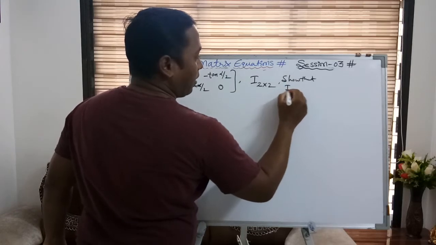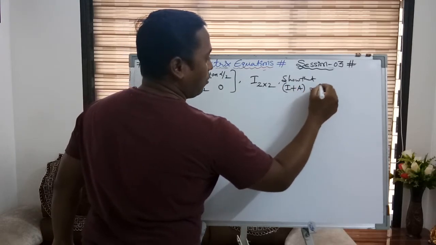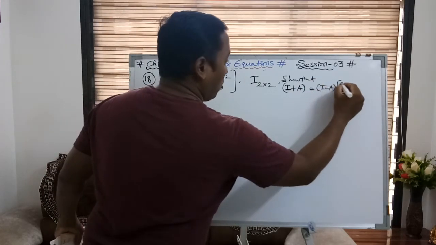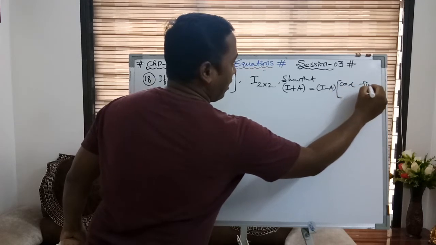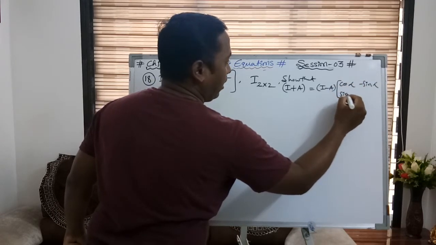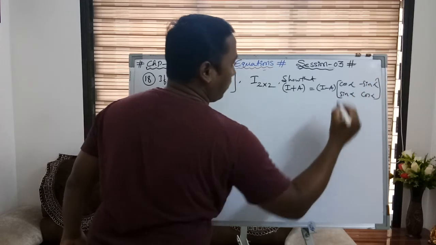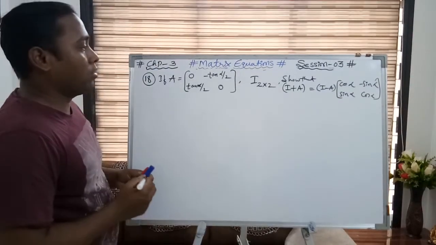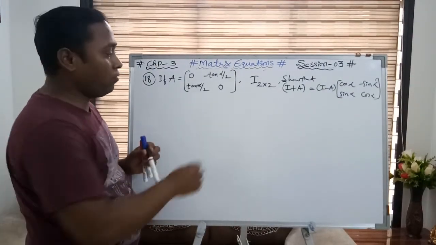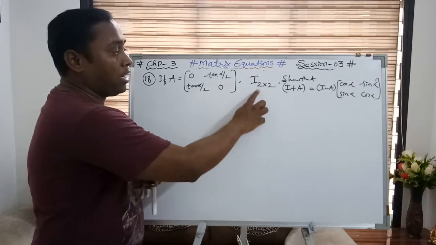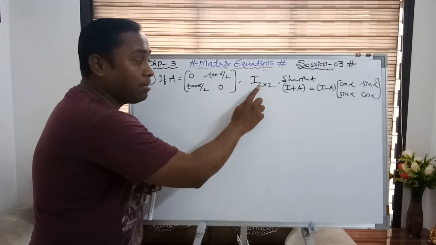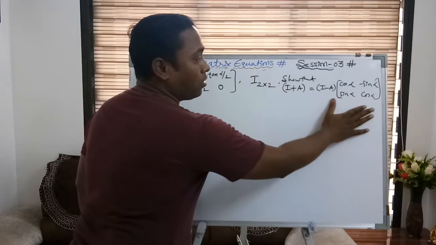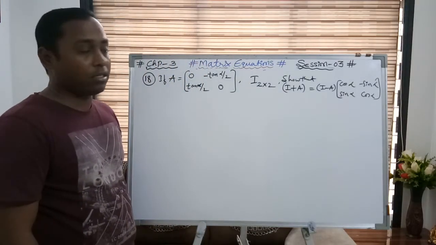I plus A is equal to I minus A into cos alpha, minus sin alpha, sin alpha, cos alpha. That's it. So you can see it is simple, there are only 2 matrices involved. One is the square matrix A, and second is also a square matrix, which is an identity matrix. By using these 2 matrices, we have to show left hand side is equal to right hand side. Are you getting my point?